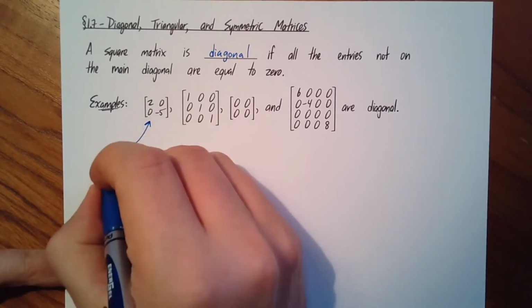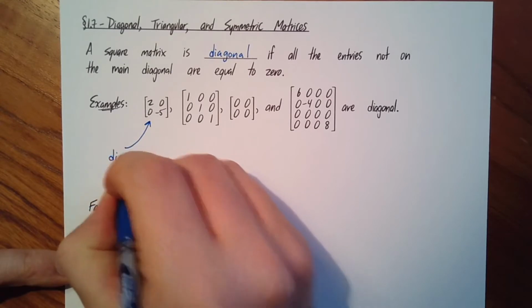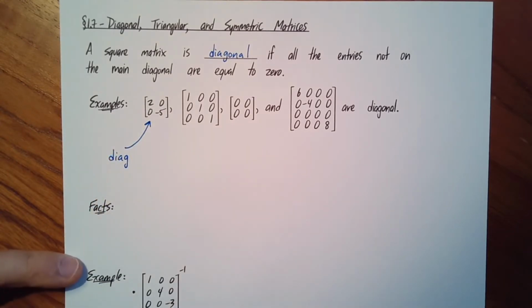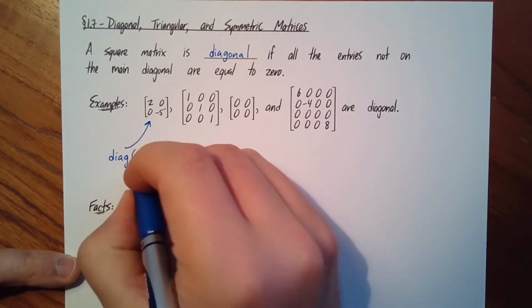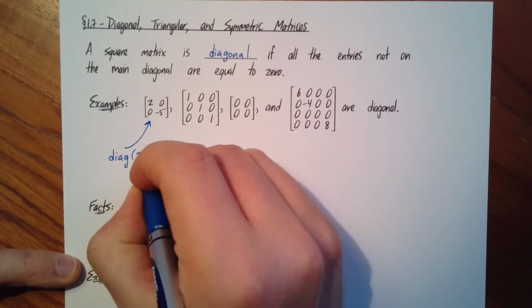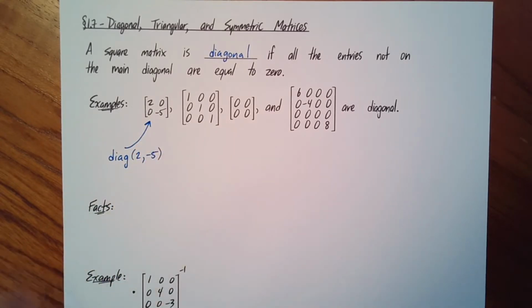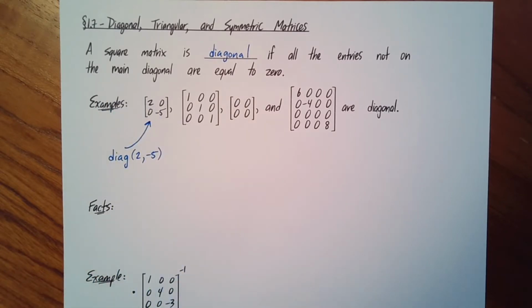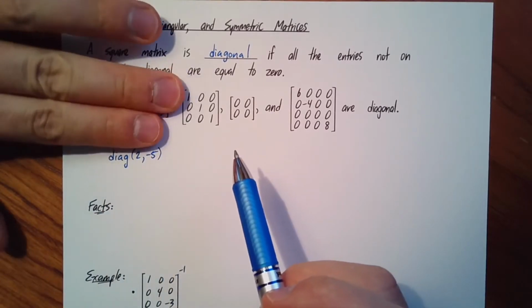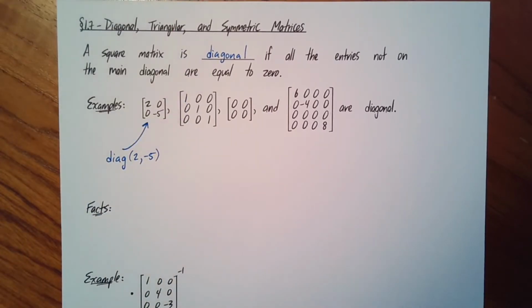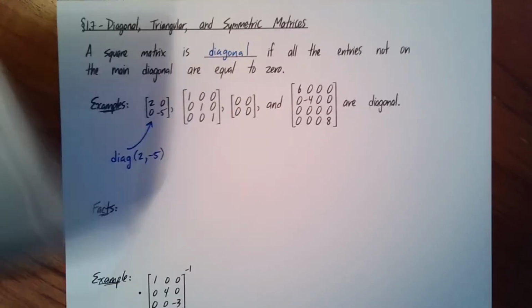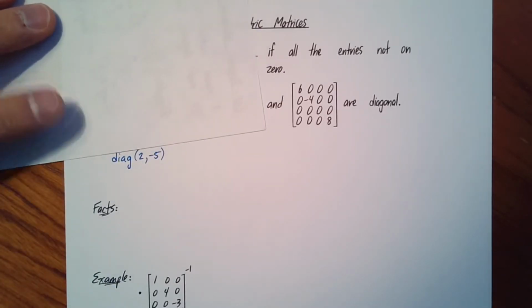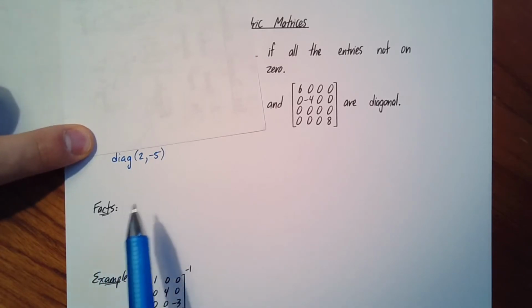We can write diag, just short for diagonal, and then you can write the entries that are on the main diagonal in the proper order from top left to bottom right, and that's how you can specify a diagonal matrix. Because think of it this way, if I were to cover up where this came from and ask you how can you recover a matrix from this,